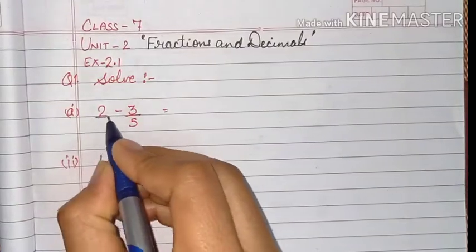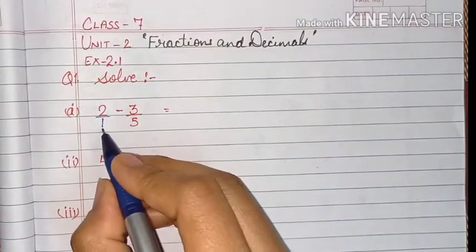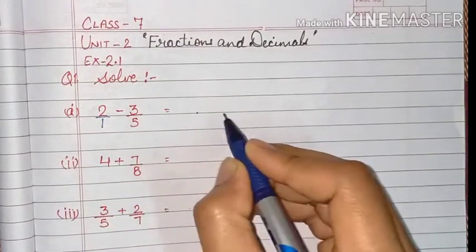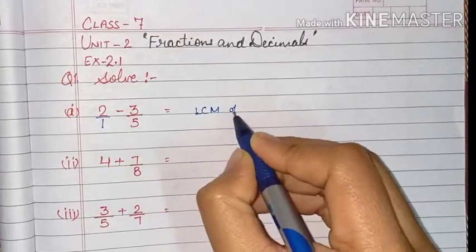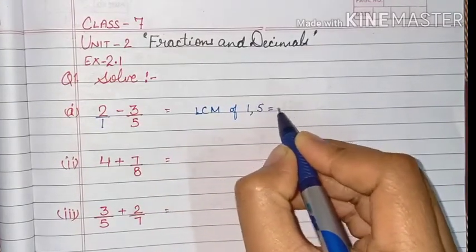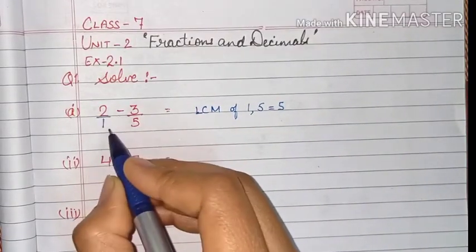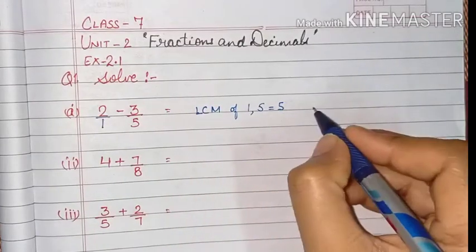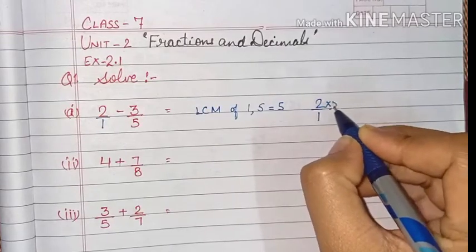First of all, there is no denominator, so we will put 1 here. Now we will find the LCM of 1 and 5. So the LCM will be 5. We will write here, LCM of 1 and 5 is 5. Now we will write an equivalent fraction to 2 by 1 with the denominator 5. For that we will multiply 2 by 1 with 5